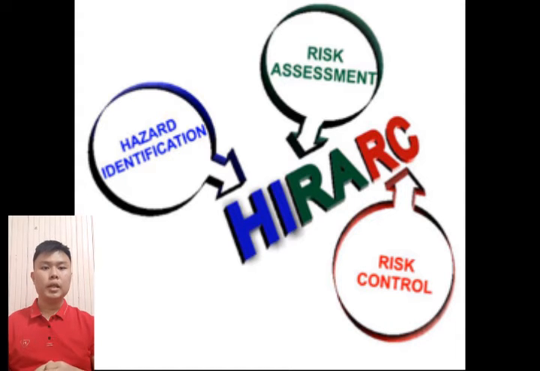Risk assessment is the observation of the possibility of injury or harm occurring to a person if exposed to the hazard. And risk control is the introduction of measures which will eliminate or reduce the risk of a person being exposed to the hazard.